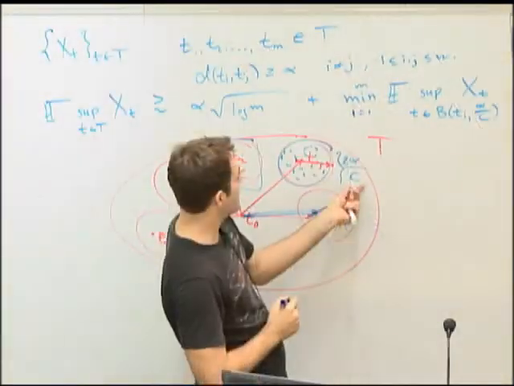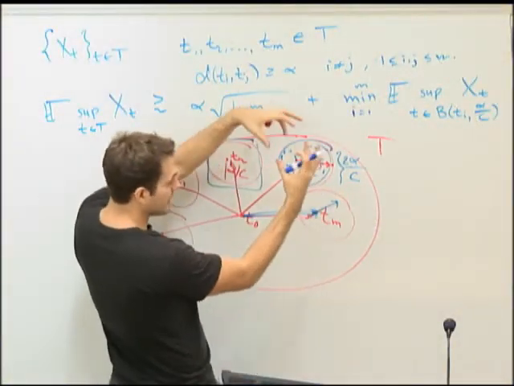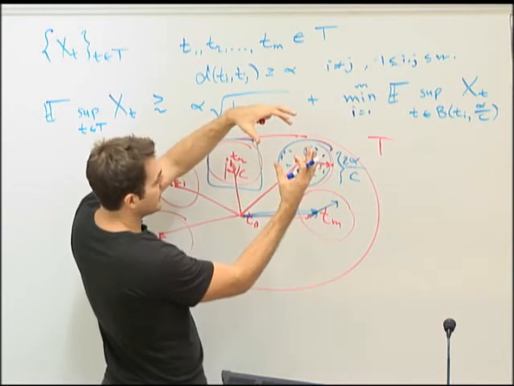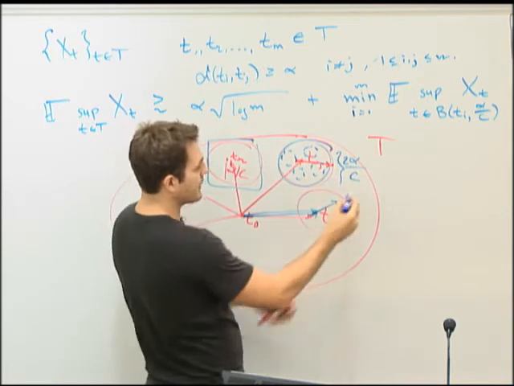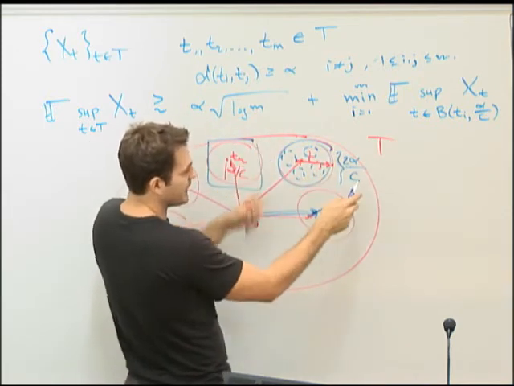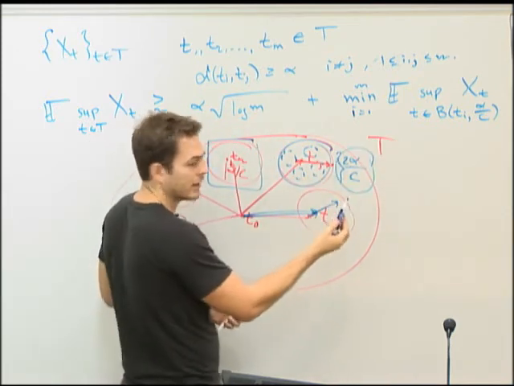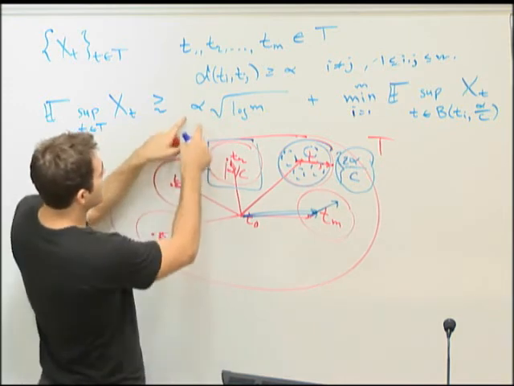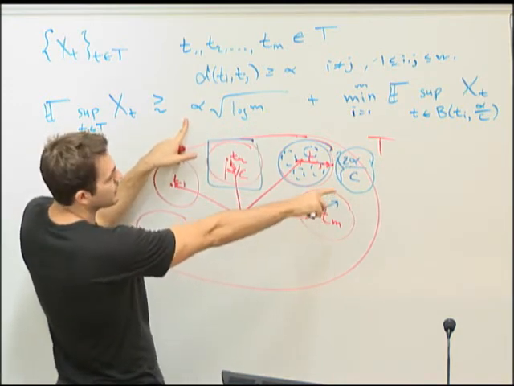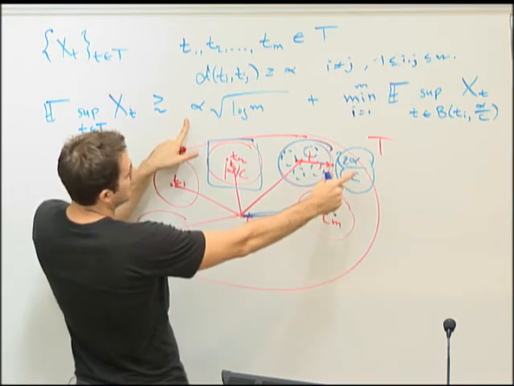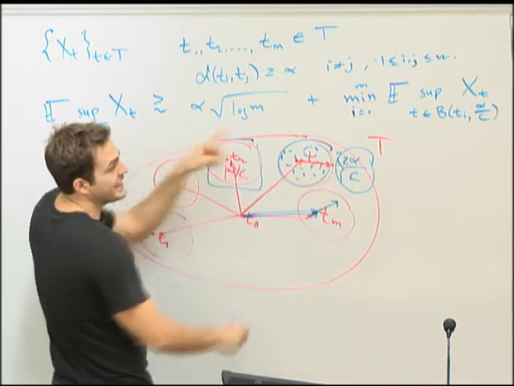Okay? So what it means is that since these balls are small in the metric space, their values are going to be very concentrated, and are only going to differ from their expectation by this much, say. Okay? But we're adding on a term here that's really huge compared to this. So somehow the fluctuation here is not too bad, even if we take a union bound.